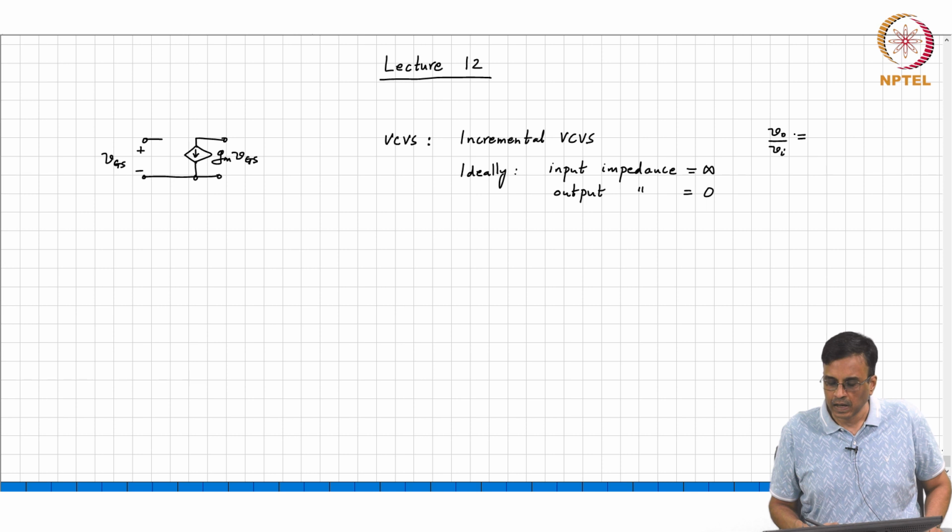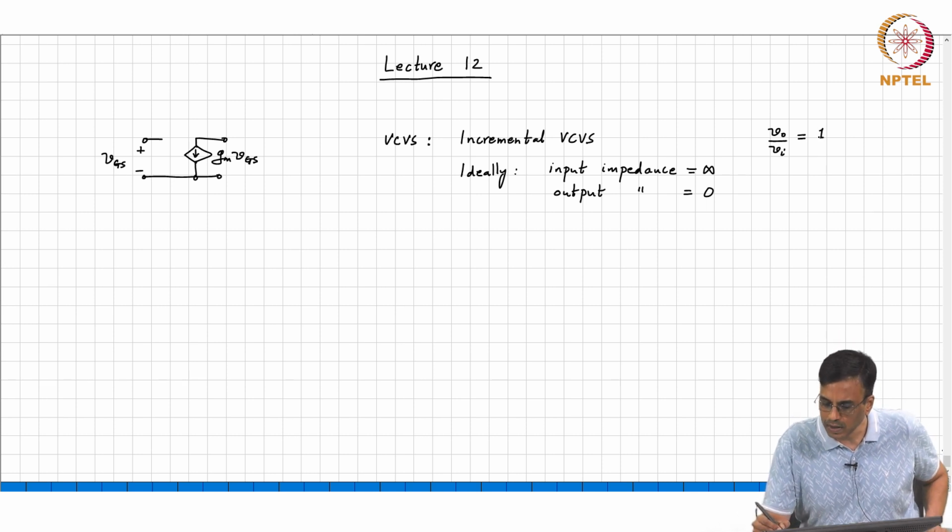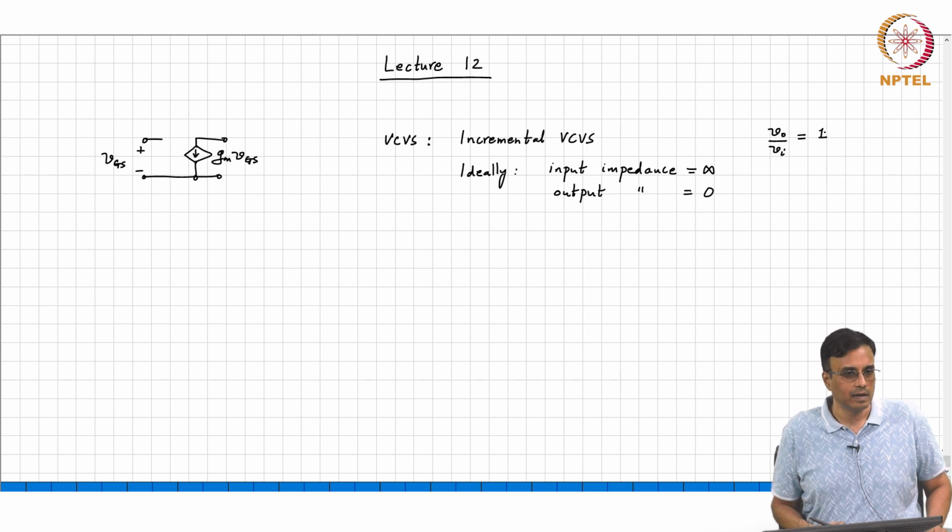Now, let us choose the simplest case, namely Vo by Vi is equal to 1. We will reflect on why we chose 1 later on, but at this point 1 is as good as any other number. So, let us try to implement a voltage controlled voltage source with a gain of 1, and